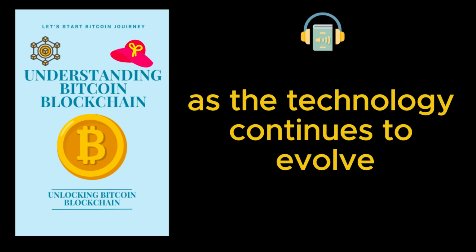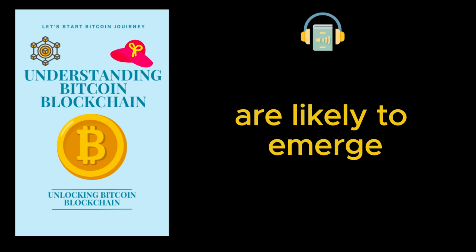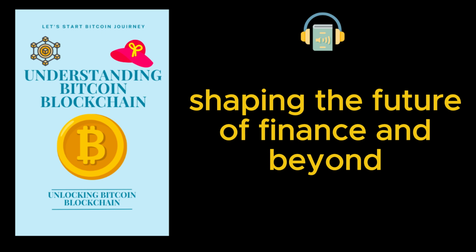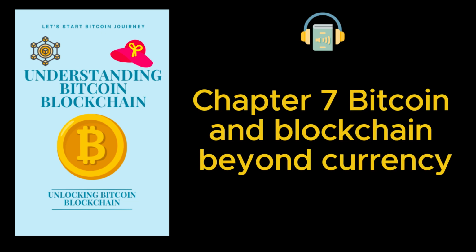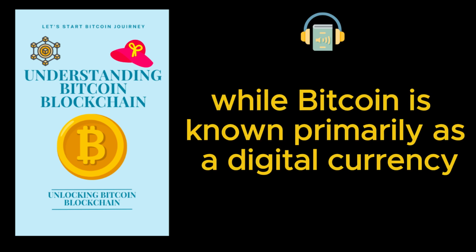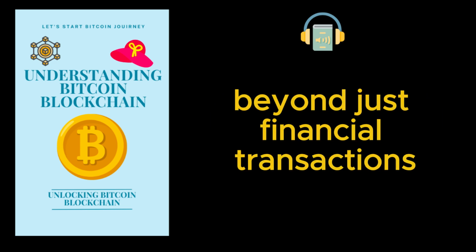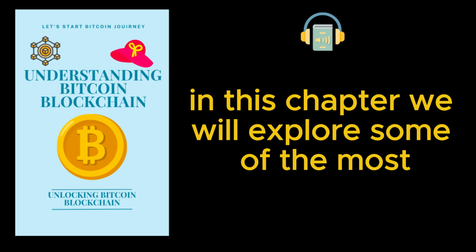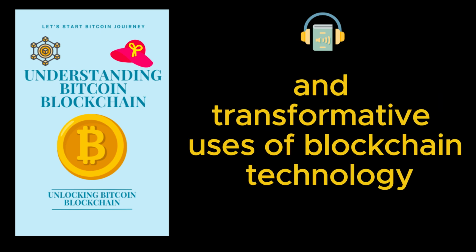As the technology continues to evolve, new and exciting applications of Bitcoin are likely to emerge, shaping the future of finance and beyond. Chapter 7: Bitcoin and Blockchain Beyond Currency. While Bitcoin is known primarily as a digital currency, the underlying blockchain technology has a wide range of applications beyond just financial transactions. In this chapter, we will explore some of the most exciting and transformative uses of blockchain technology